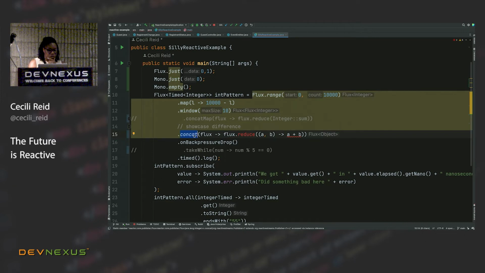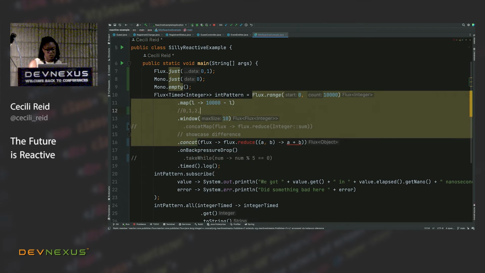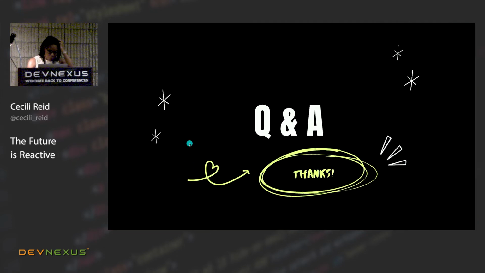Basically, what I was trying to do was, if I have numbers 0, 1, 2, 3, 4, 5, 6, so on, to 10, I just wanted to add all of those numbers together and merge them back into just one Flux. So I figured I could do that with the concat, but it wasn't giving me the behavior I wanted because it was turning it into a Mono. There are certain operations that will take a Flux and turn it into a Mono. So a good example would be, let me actually bring up some of the documentation here.